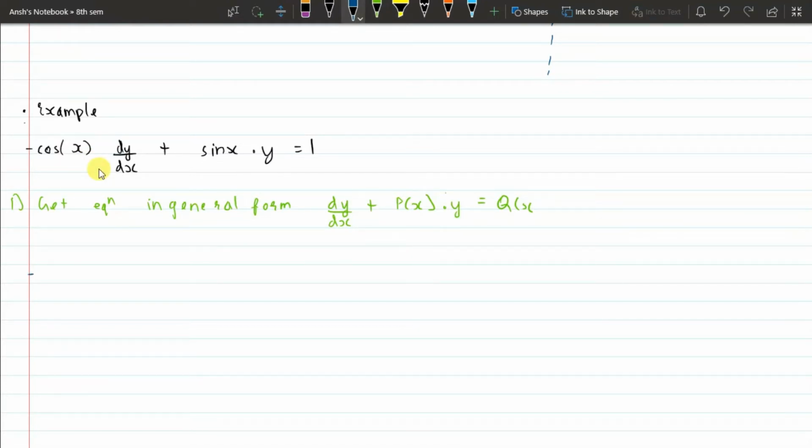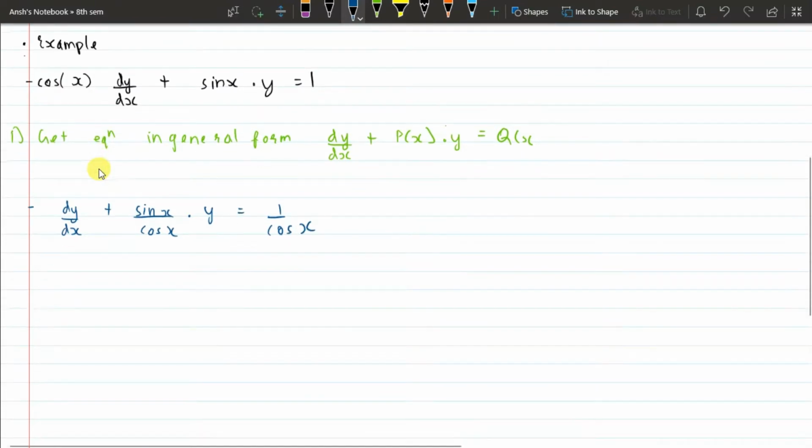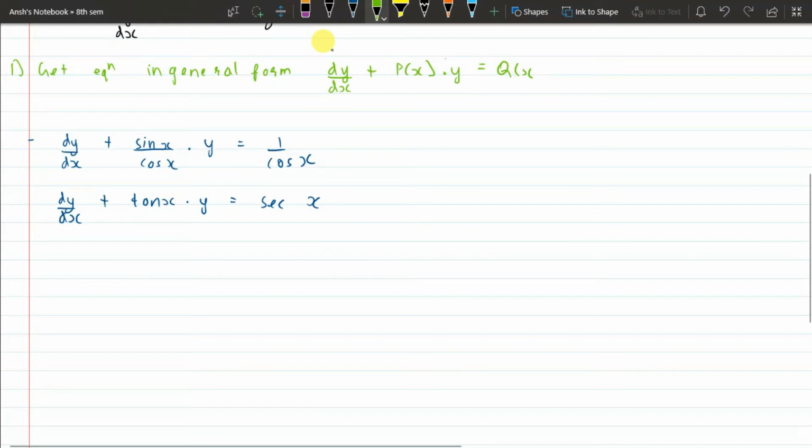So what we are left with is dy over dx plus sin x over cos x into y is equal to 1 over cos x. And using some basic trigonometry, we rewrite this as dy over dx plus tan x into y is equal to sec x. So we are done with the first step. Now, the second step that we have to take